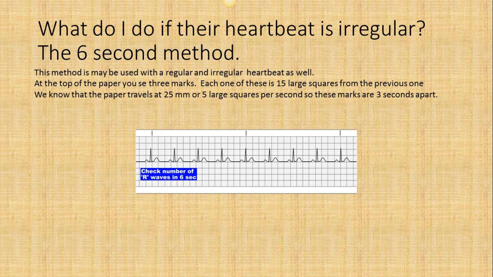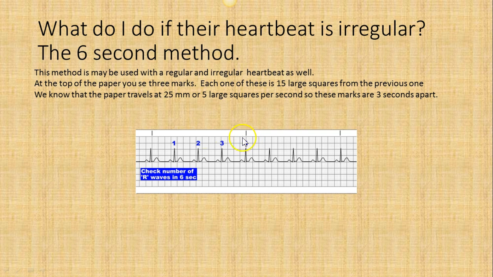So what do we do if their heartbeat is irregular? In this method, we're going to look at irregular heartbeat, but we can use it for regular heartbeats as well. And you can see it just counting across the bottom here, and it's showing you pretty much exactly what we do. We have these tick marks here, here, and here. And when we count it out, we will find there are 15